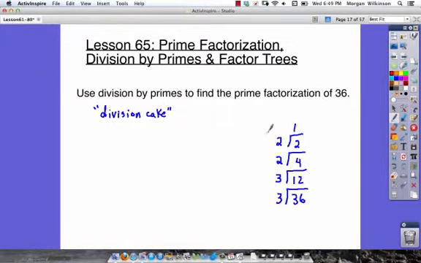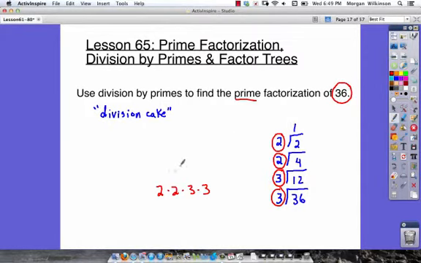Now, our answer. Well, our answer for this is our divisors. So what we're going to do with our divisors is multiply them. So we're going to get 2 times 2 times 3 times 3. And when we multiply all these, they are all prime numbers. We're finding prime factorization. When we multiply all these prime numbers, we'll get the answer of what we originally started